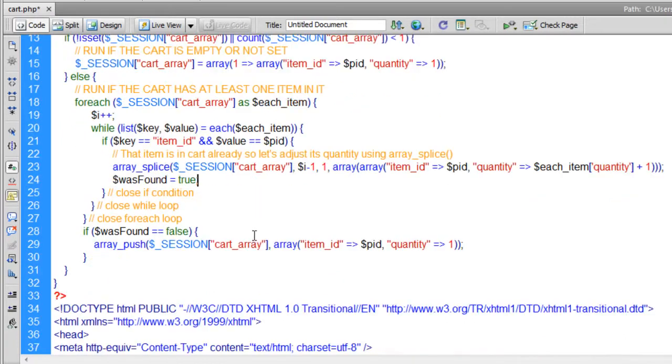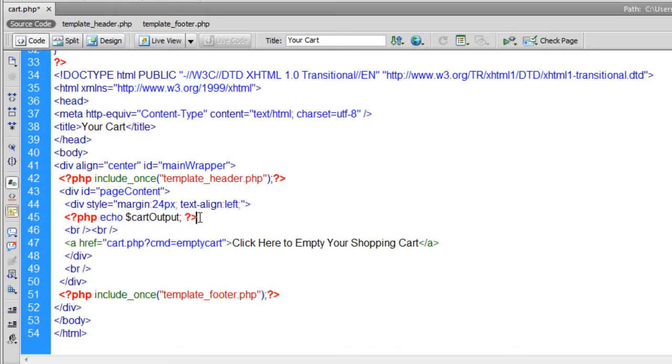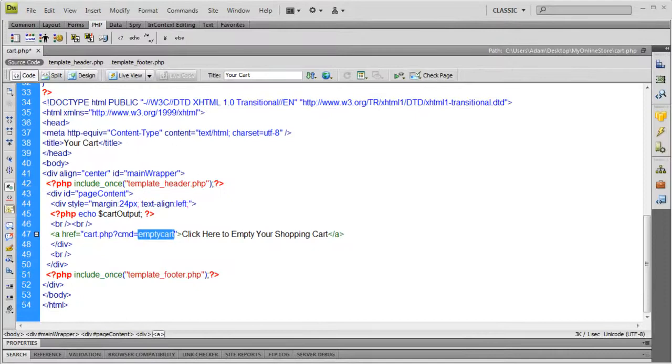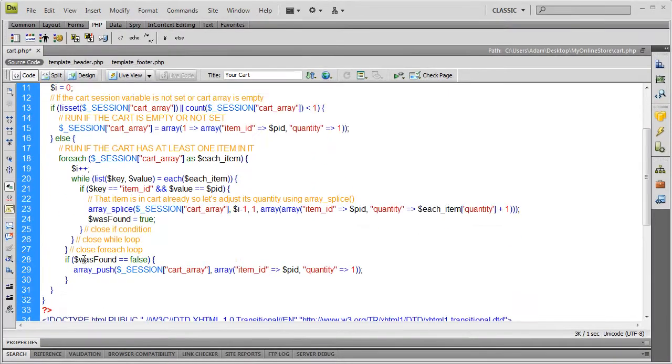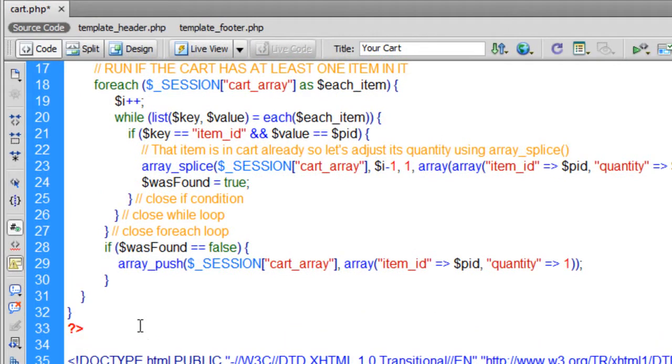Now I'm going to show you some code very quickly to show you how to render the cart in the design view. Actually make something show now, a very basic form, and we're going to make this cart.php command equals empty cart. We're going to make that work. I'll show you how to unset the whole shopping cart to empty it. That's very simple. Okay, so under that code we just put in, right above the doc type, put a line break and pop in this little PHP code block,